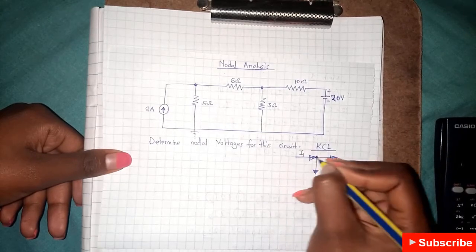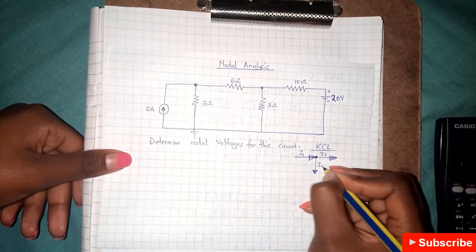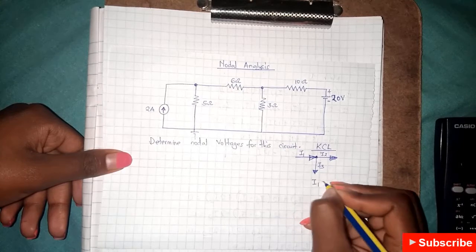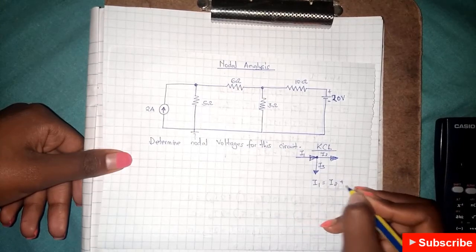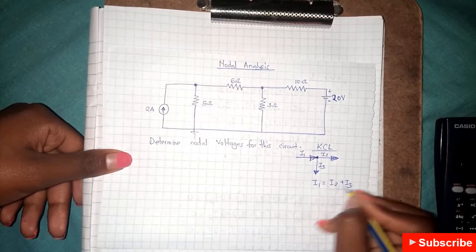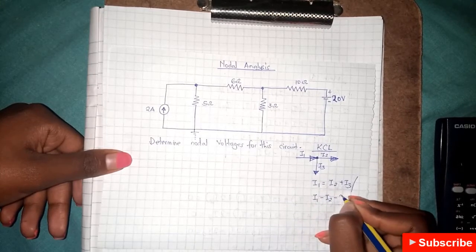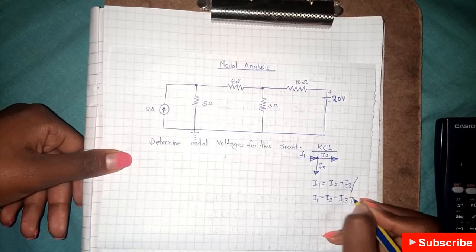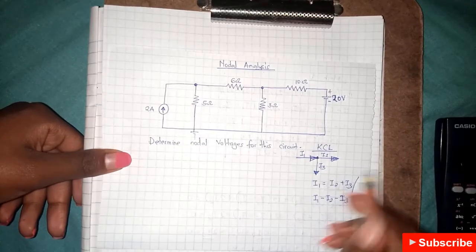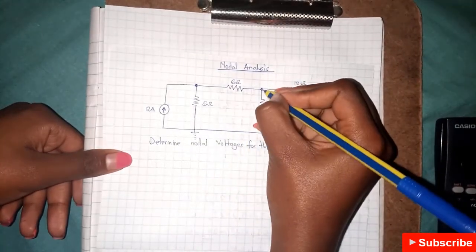So if this is I1, I2 and I3, then I1 is equal to I2 plus I3, or I1 minus I2 minus I3 is equal to 0. Okay, so that is what we're going to be applying in this